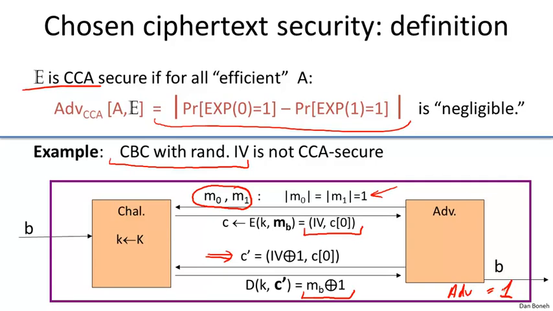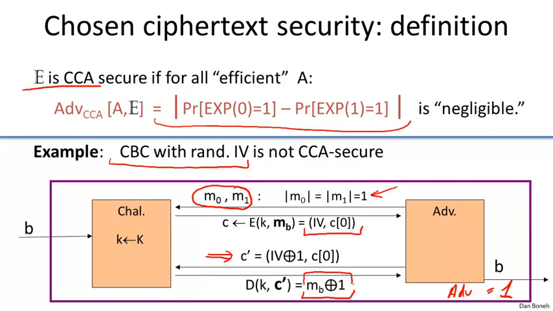So if you think about it for a second, you'll see that this attack game exactly captured the first active attack that we saw, where the adversary slightly changed the ciphertext that he was given, and then he got the decryptor to decrypt it for him, and therefore he was able to eavesdrop on messages that were not intended for the adversary. So I want to emphasize again that this chosen ciphertext game really does come up in real life, where the adversary can submit ciphertext to the decryptor, and the decryptor can reveal information about the plaintext, or can give the plaintext outright to the adversary for certain ciphertext, but not others. So this is a very natural notion of security, and the question is, how do we design crypto systems that